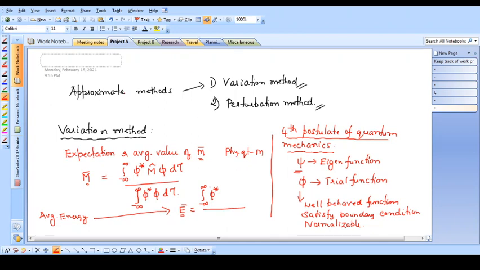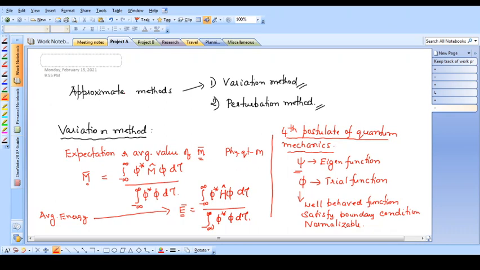Okay, I'm continuing this discussion here. So the average energy I'm calculating: since the quantity is energy, the operator should be the Hamiltonian operator H into phi into d tau, divided by the integration from minus infinity to plus infinity of phi star into phi into d tau. So best what I can do is calculate the average energy of the system by using the fourth postulate